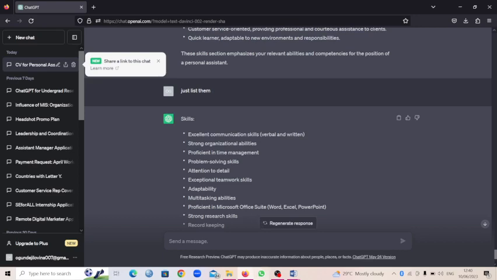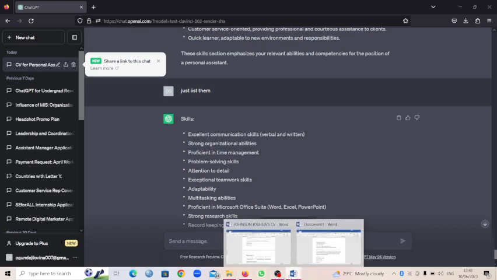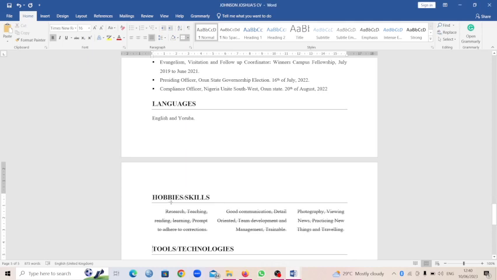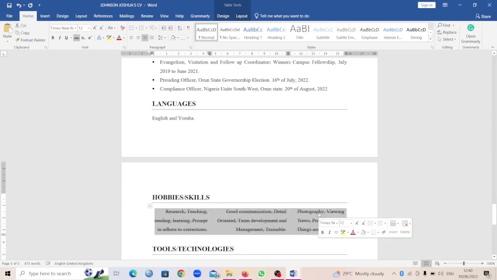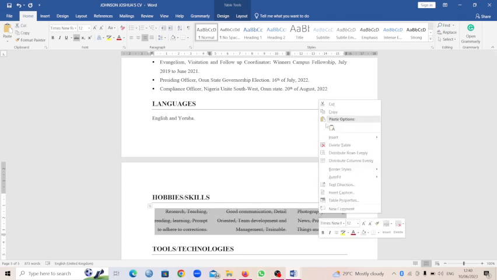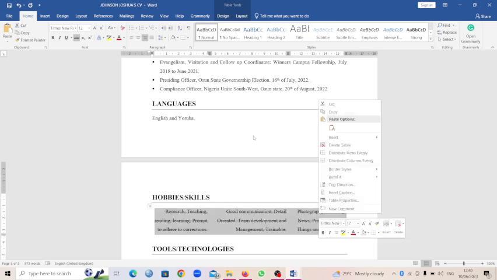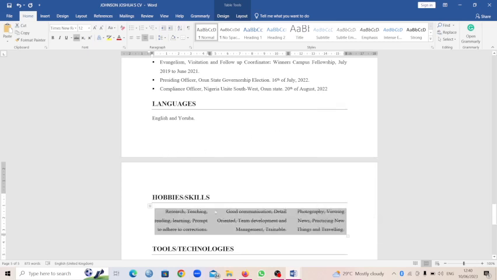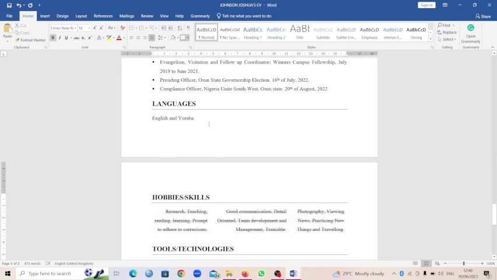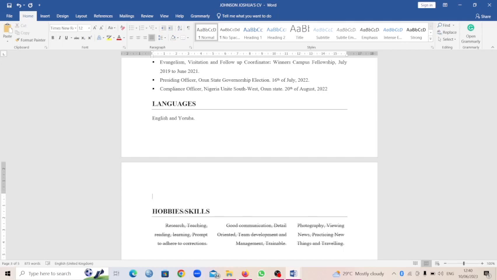Okay, so of course there are some that you would remove yourselves, but it's very important to know that the way this table was formatted in the first place, I wrote all of this in a table. So if I paste directly, it might cause problems. So instead of that, I have to probably select what I need. Let me just paste it here so that I can work with what I need.